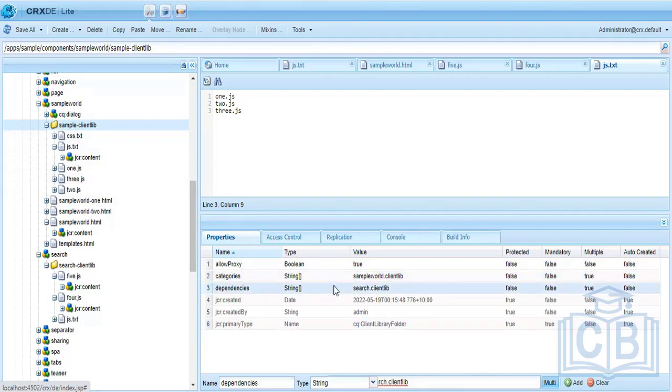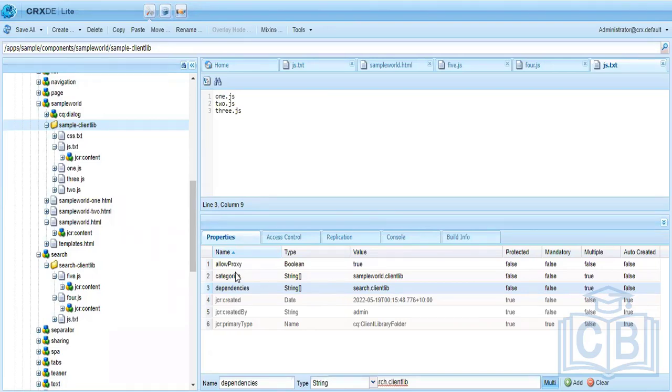But yeah, now I give you two things. One and the most important: you can ignore this categories being a string array, because it is not important. This is the default working of AEM. They made it like this so that you can create aliases of your client libraries or give different names. So this is not important. There is no real reason behind this string array. Don't worry about this. What you should search is